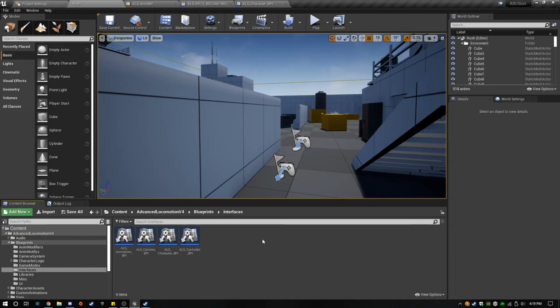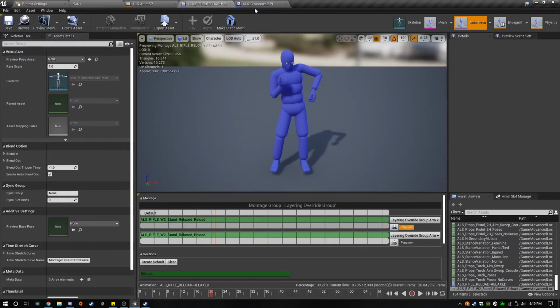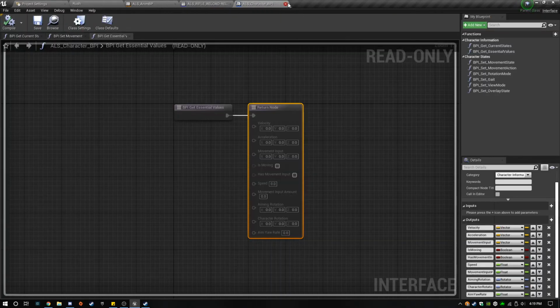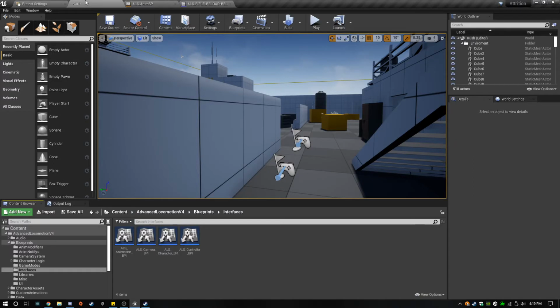There wasn't a whole lot that I needed to change for it though, so it wasn't the worst idea, I guess, to just make this a child of ALS. Oops, I closed the class I'm trying to work on.